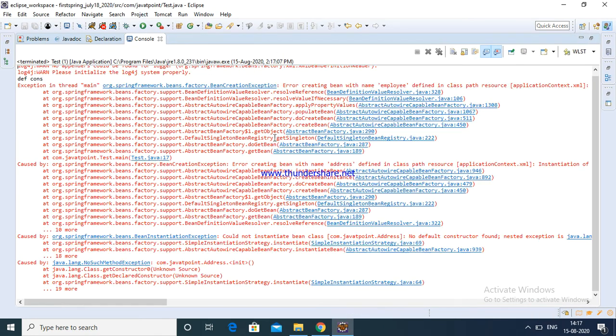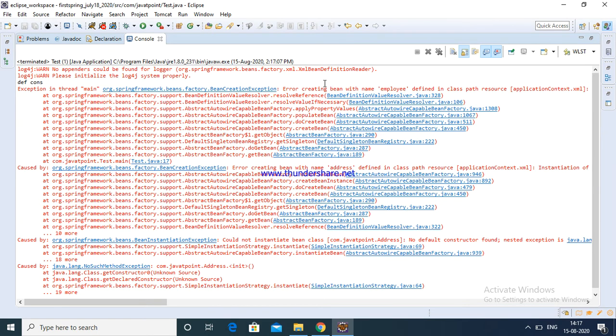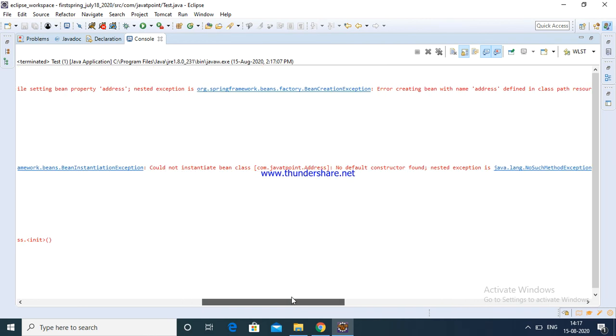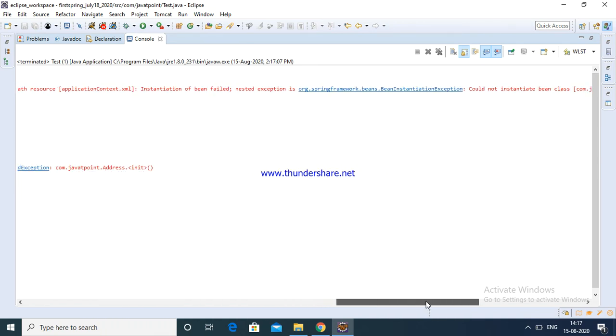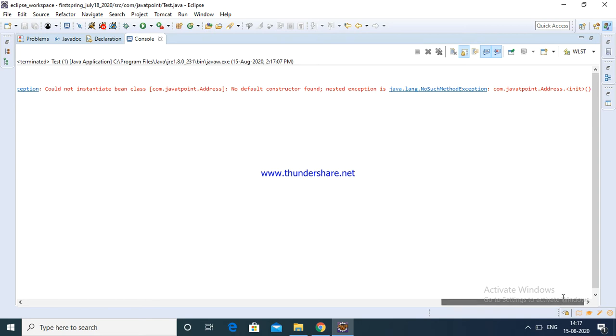It's showing some error: employee dependency class path, address class path, cannot instantiate, no default constructor found.